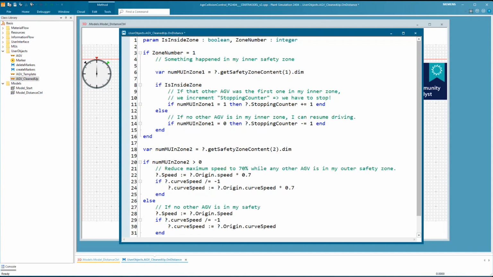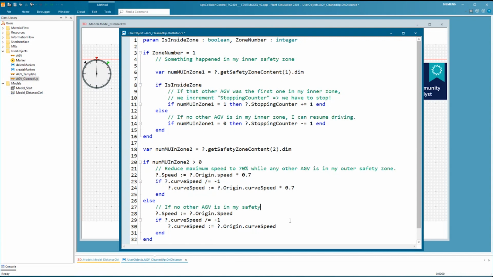And if numMu in zone 2 is not greater than 0, that means it's 0, so there is no other AGV. Then we can restore the maximum driving speed. So this is basically what is happening in this method template or standard code.